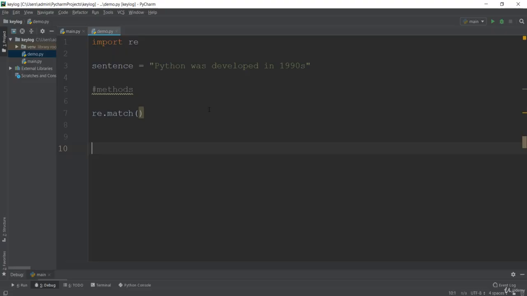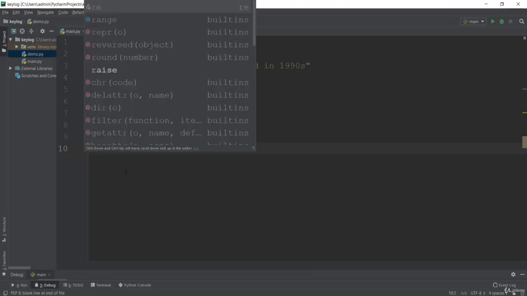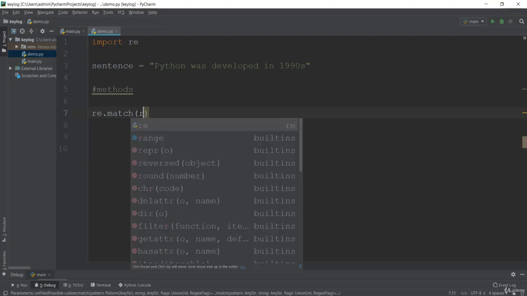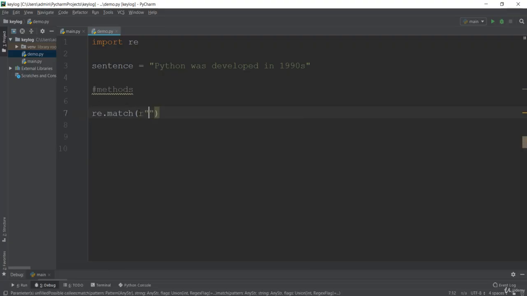So what is the pattern? The pattern is anything that you want to search in this sentence. Let's see what the patterns can be. A pattern always starts with r, for raw string, and you give a double quote. Inside this double quote you will have the pattern. So let's include this in the match method: the r in lowercase and the double quote.